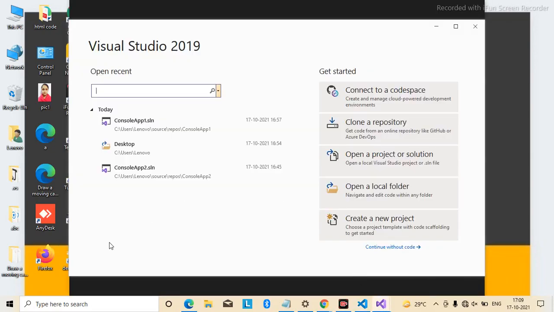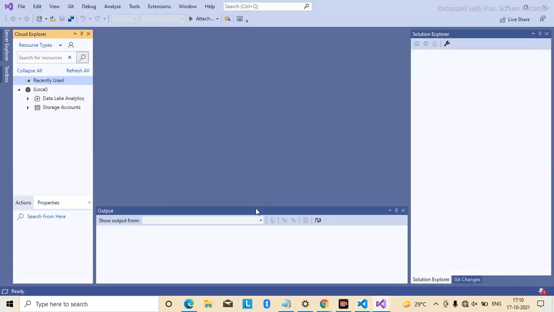Hello students. Here you can see I am going to teach you another project, another form, how to make a login form or any other form in Visual Studio. It means I am going to teach you how to make a real life project. So for that, first of all you need to choose a console application.